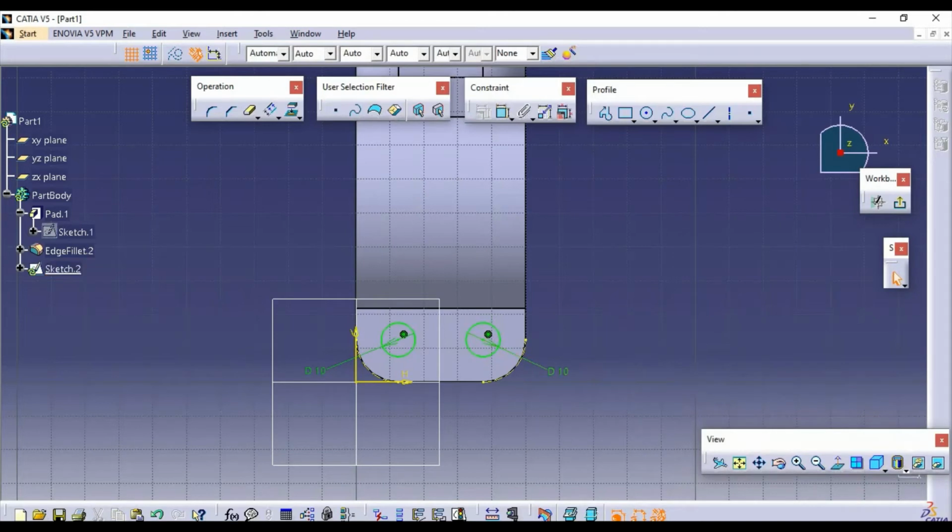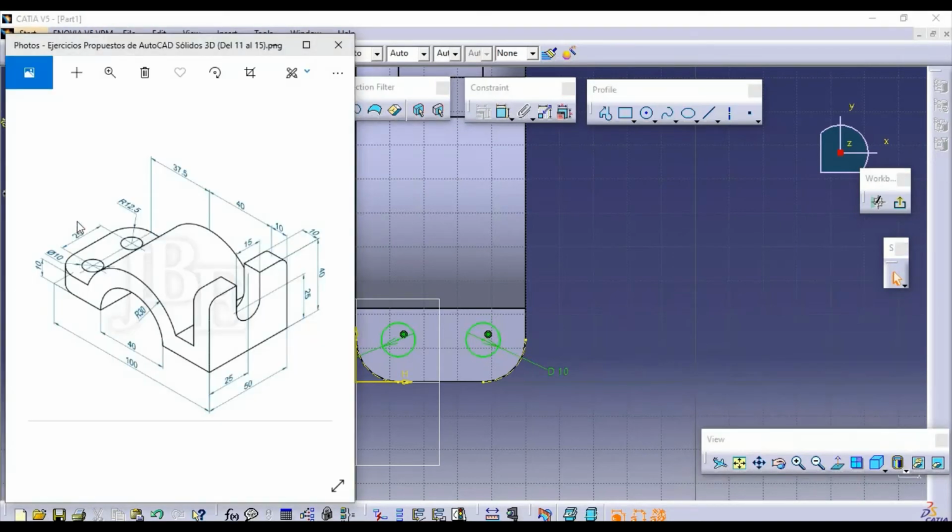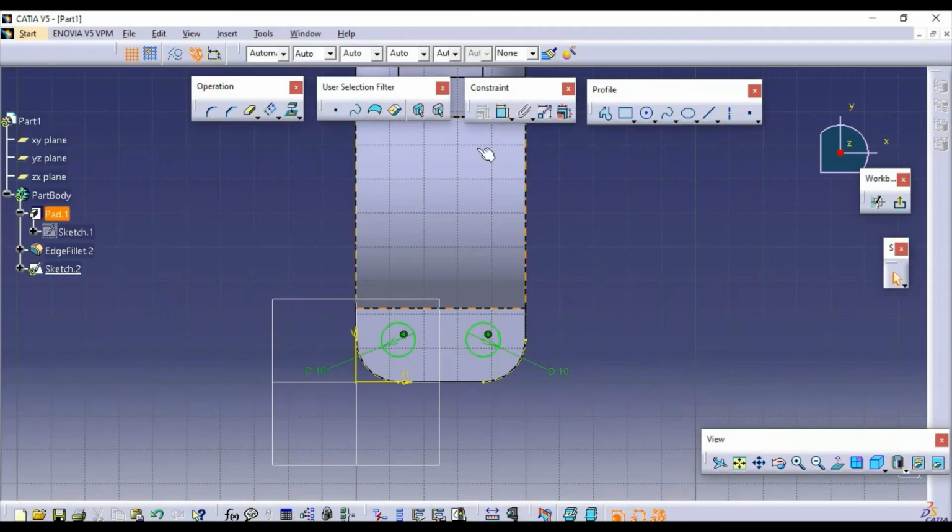So here you can see the center to center point of both the circles is 25 mm. Now we will check using the dimension option. So I am clicking both the center points. Now you can see the dimension 25. So it is correct. But you can't give the dimension here because it will over dimension. You can see the color of the dimension. It is highlighting in violet color. So it is over dimension. So I am going to undo the dimension.